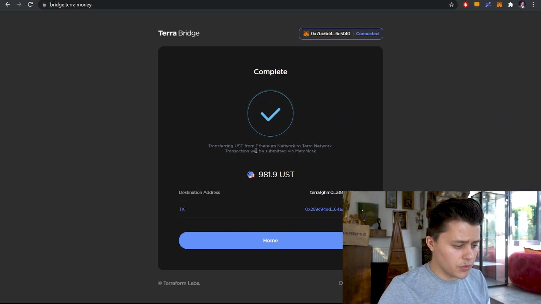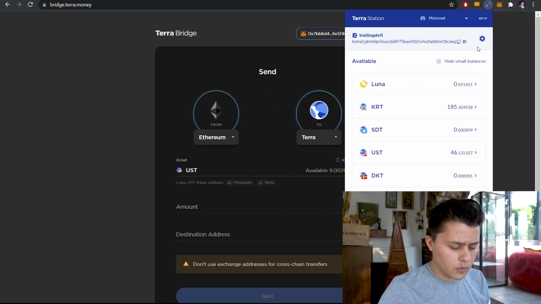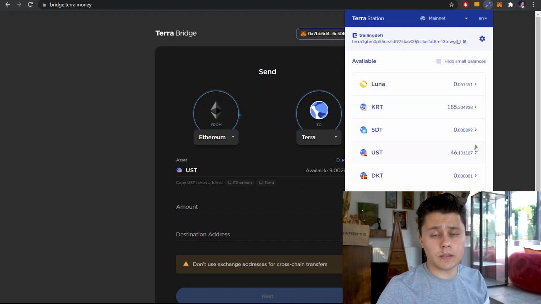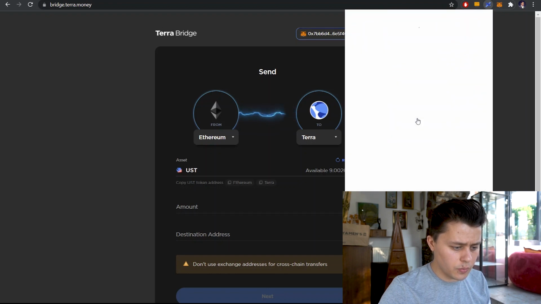So transferring UST from the Ethereum network to the Terra network, the transaction will be submitted via Metamask for 9819. Just click on home here. And if we go into our wallet here, I guess we'll have to just wait a little bit longer for our UST to be